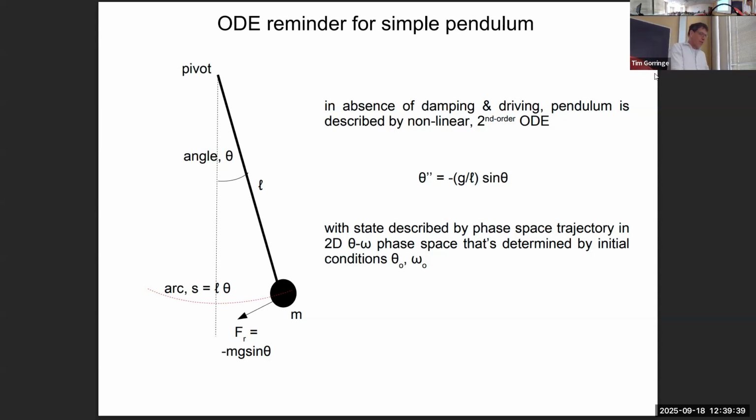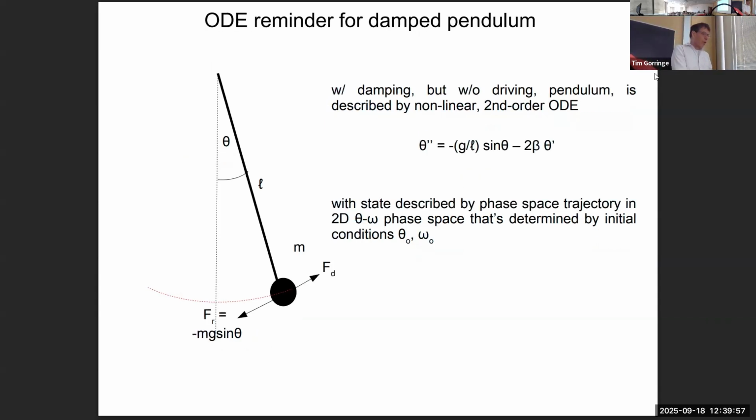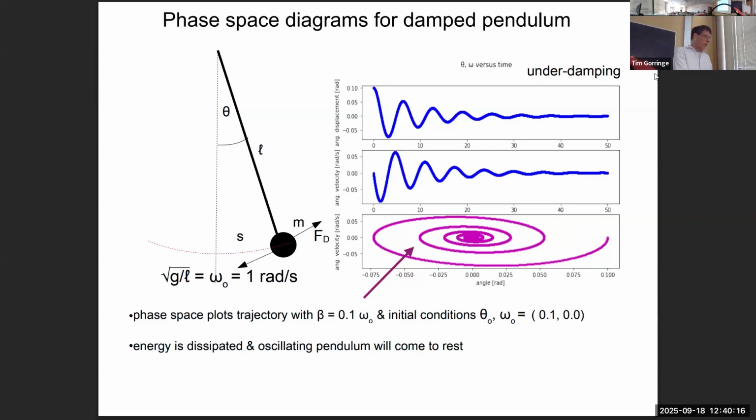So let's start looking at phase space plots. We'll start with the case of the undamped, undriven pendulum, the simplest case. We'll make a phase space plot for that. And then we'll look at the damped pendulum without driving force. We'll make a phase space plot, or plots, for that and explore that. And then we'll move on to the damped driven pendulum and make phase space plots for that. I think I'm going to just do all of that